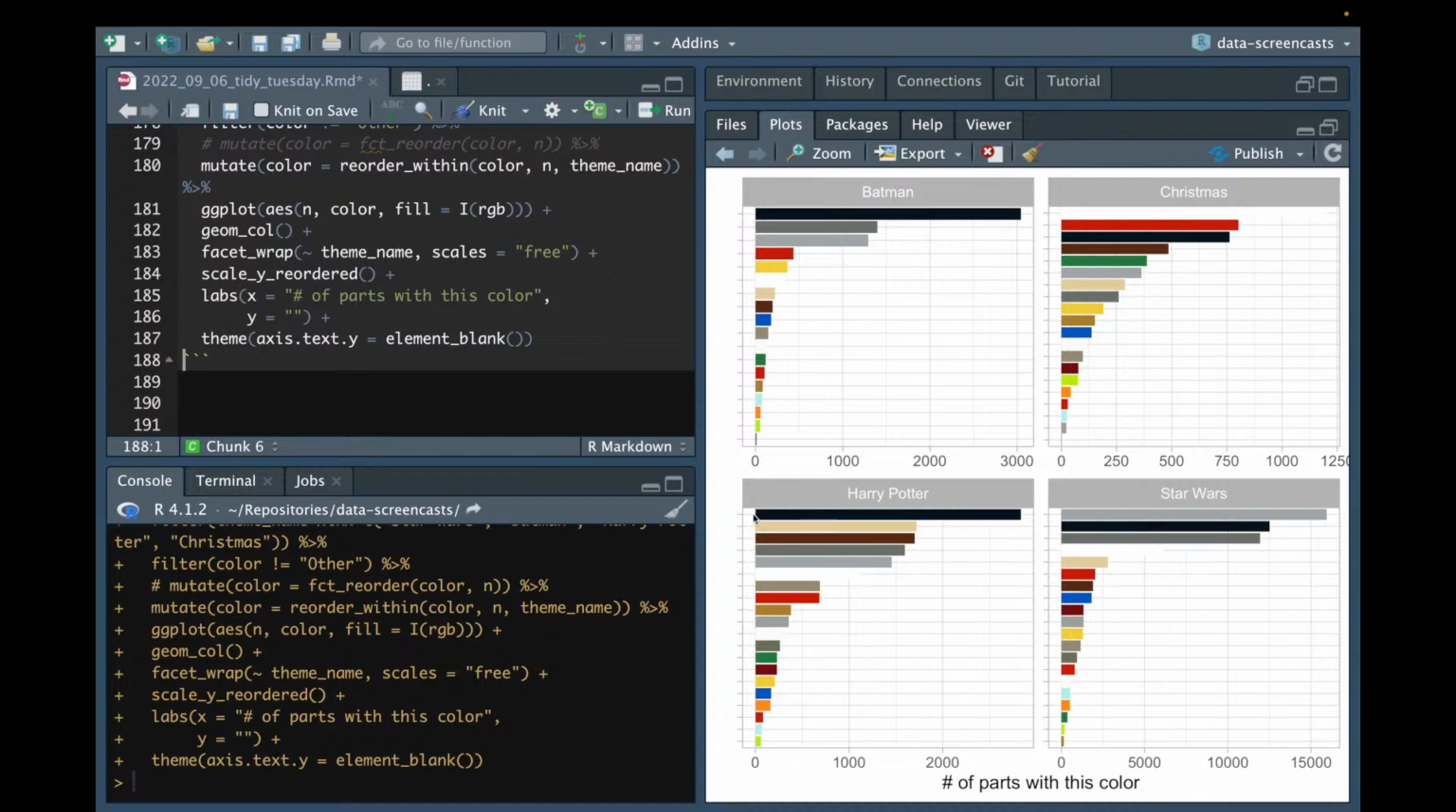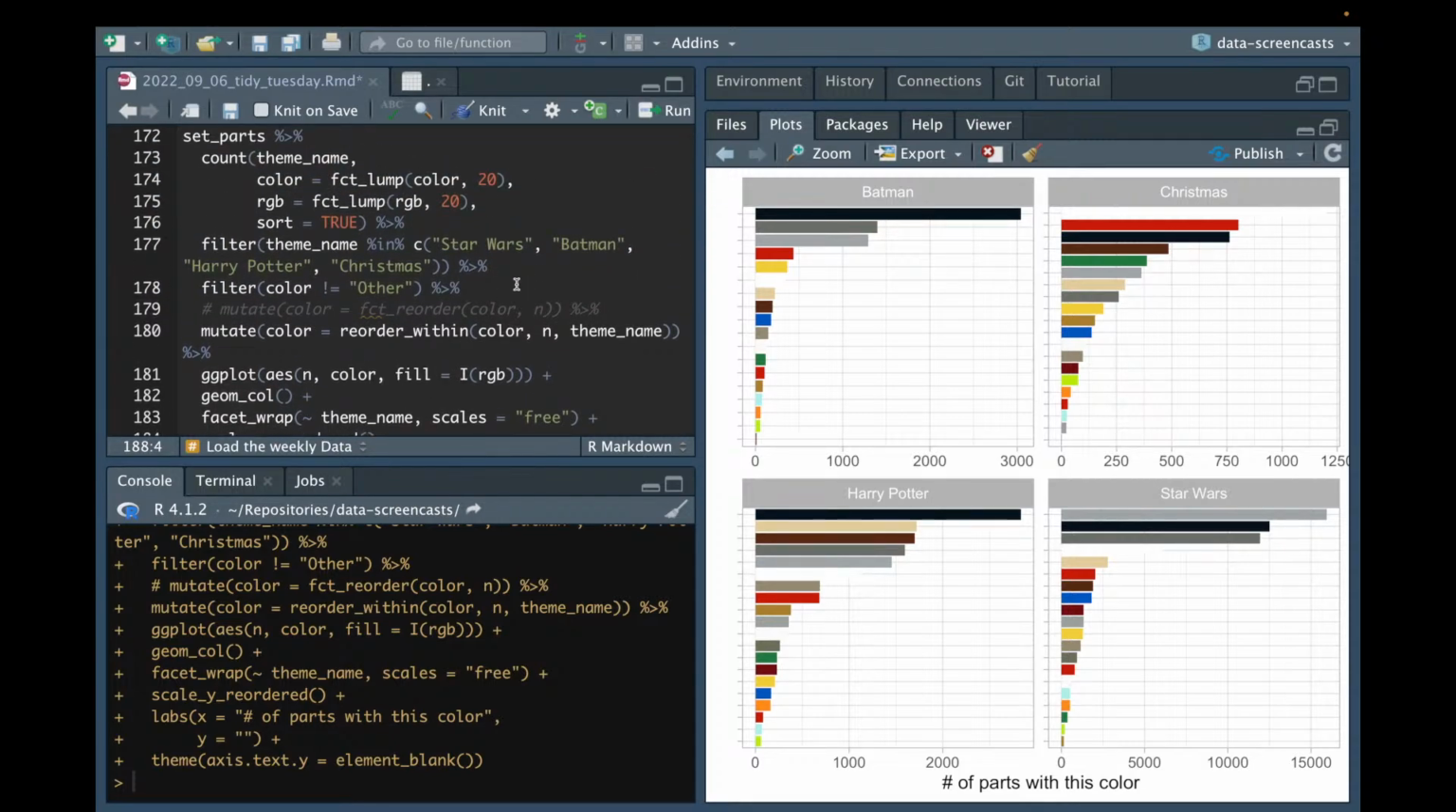So here we can say, okay, Harry Potter uses a lot of black, and then a lot of this beige, black. Yeah, you can kind of see this color scheme. That's pretty cool. All right, so there's a lot of ways we can take this visualization now. One is that I might say